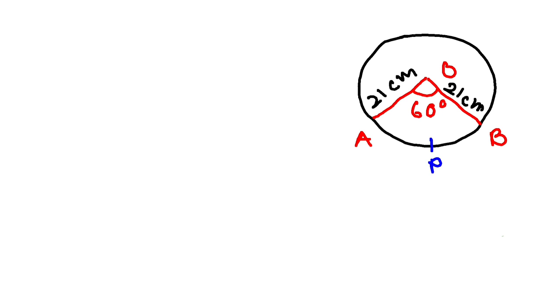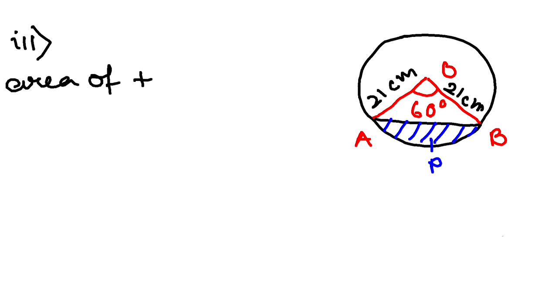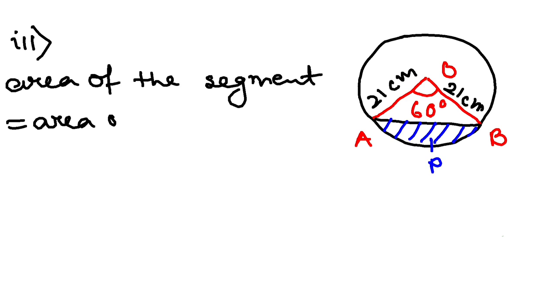Now in the third part, you have to find area of the segment corresponding to the chord. So which is the chord now? You have to join the chord. The chord is AB. That means you have to find the area of this segment. Okay. So now how to find the area of the segment then? So if you look at the figure, you will notice area of the segment is basically area of the sector OAPB, isn't it? So area of the sector OAPB minus